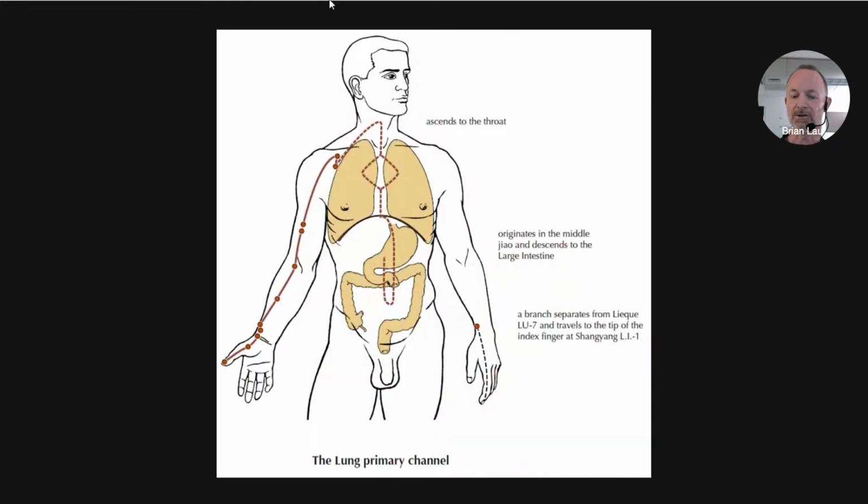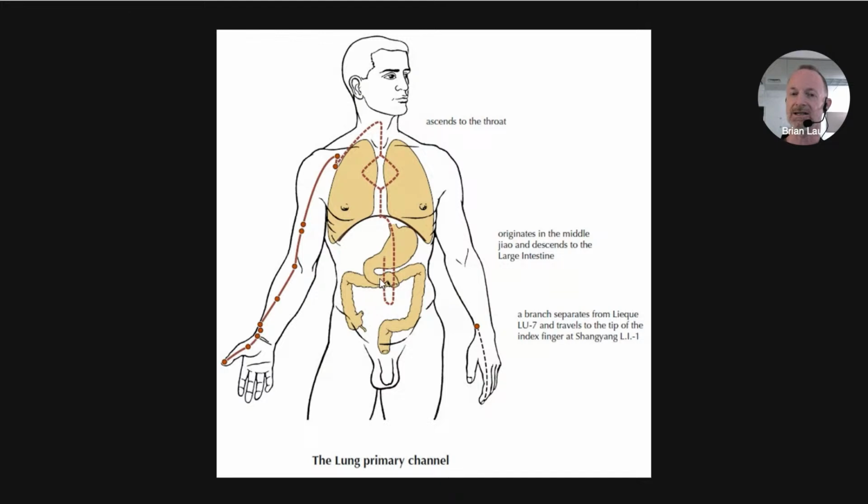Here it is. We study these internal pathways, but it's sometimes not always clear what the anatomy is when we learn them. So we can now see that, yes, we do have these bronchi branching off the trachea. We could follow down the esophagus. We've learned when we learned the internal pathway that the internal lung channel pathway connects to the stomach. It loops down and connects to the large intestine. And that's exactly what the greater omentum does. So what I'm proposing for this internal pathway is we have the trachea and bronchi, the esophagus, the stomach, the greater omentum linking with the large intestine at the transverse colon.